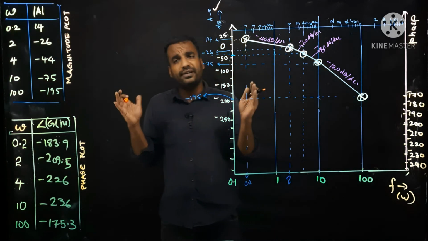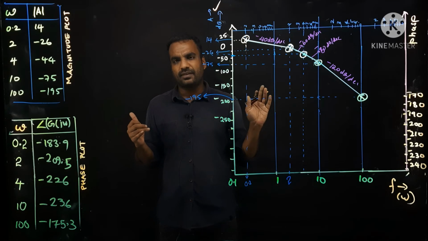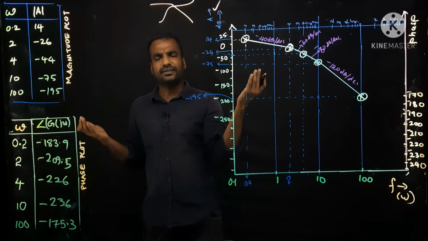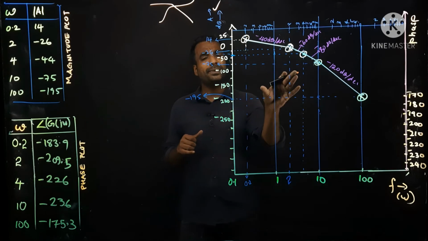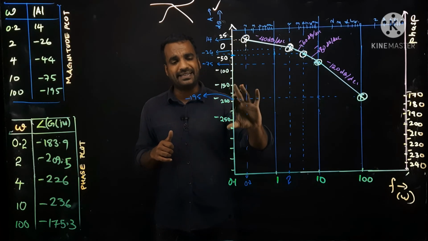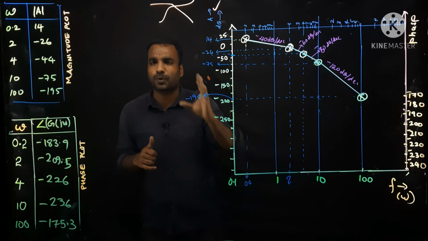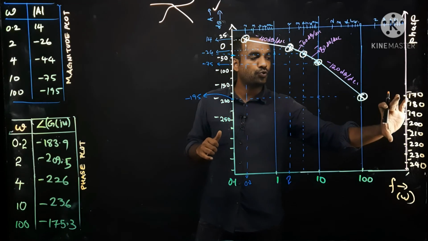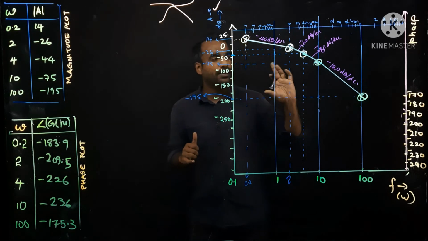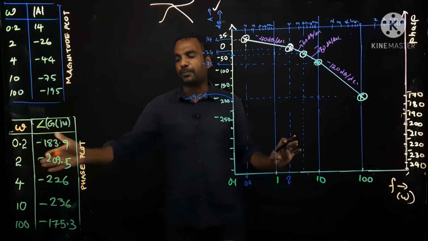Even if it collapses, nothing is wrong. Then also you can do the analysis. If both the plots are like this, nothing is wrong, that's also right, but it will look somewhat better. That's why my suggestion is to leave some space while selecting the scale on the x-axis for drawing the magnitude plot itself, and that space should be enough to accommodate all the divisions of the phase plot angles.